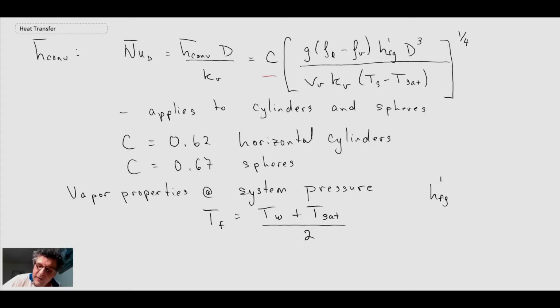We have a prime, which I'll define in a moment. But make sure that you work in joules per kilogram Kelvin. And I don't see the specific heat, but it is in here. I'll show you. It's in the modified value of HFG, which we just wrote out here. And nu would be the kinematic viscosity for the vapor. K is the thermal conductivity. The other properties that we have here,